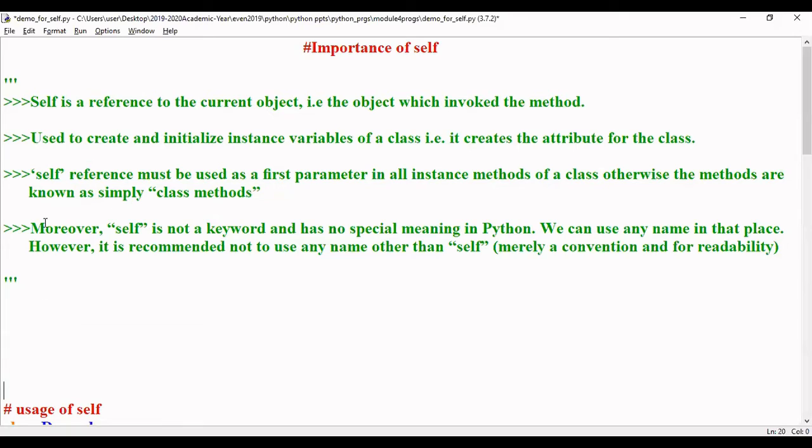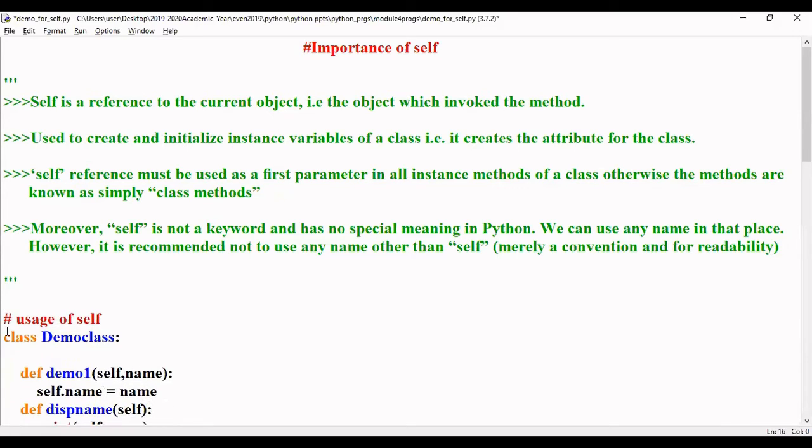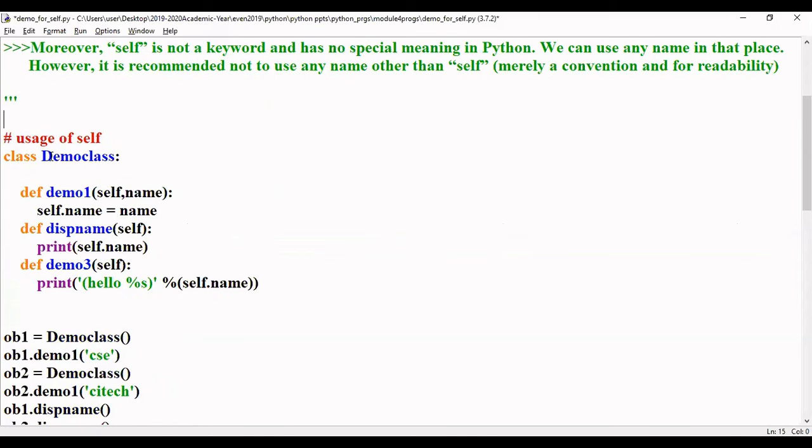Now, one by one, if you see this example, I have taken a class named Demo. Within class Demo, there are three methods defined. What are the three methods here? def demo, self, comma, name.